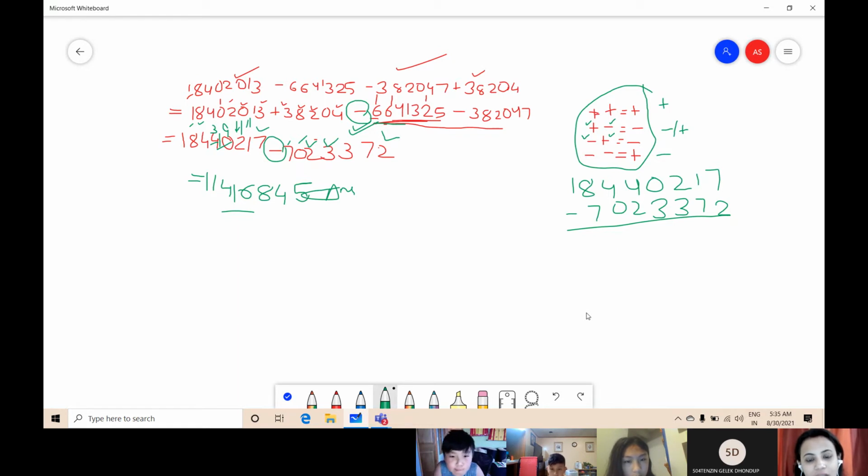Suppose you have got the right answer but your step is wrong, then the answer will be assumed as wrong. You will not get marks there. In this type of question, you must follow the rules of BODMAS. Sometimes the answer is right, but if you have not followed the BODMAS rule, if you have first subtracted and in the last added, then your answer will be wrong. If your method is wrong, it will be assumed wrong. So follow the BODMAS rule. Always follow the sequence: first division, then multiplication, then addition, and the last subtraction.